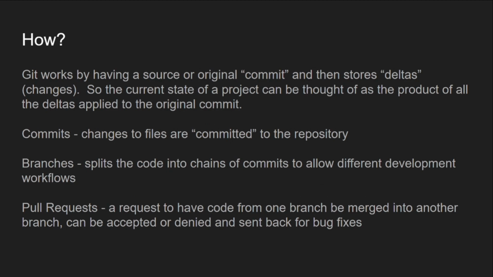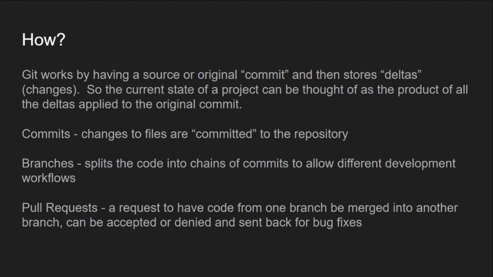I will say, we've been giving it the context of software development, but I find that it's something that's actually pretty useful for any file, because Git can track anything that is a file of any type.